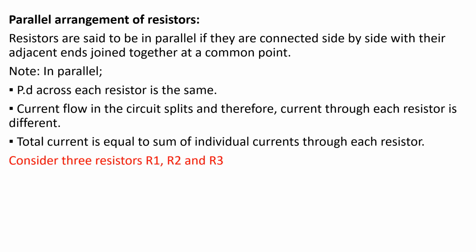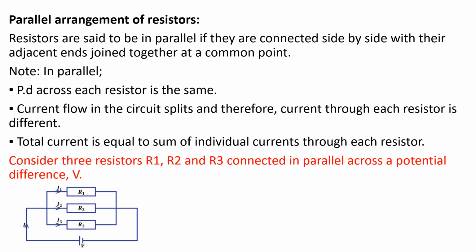Consider three resistors, R1, R2, R3, connected in parallel across a potential difference V. As you can see, we agreed that they will be connected side by side, and then we have common adjacent ends